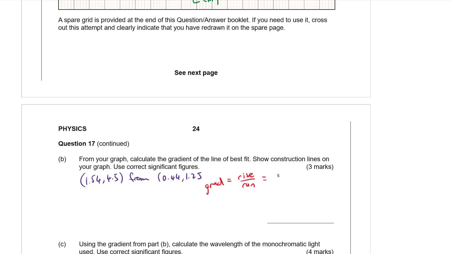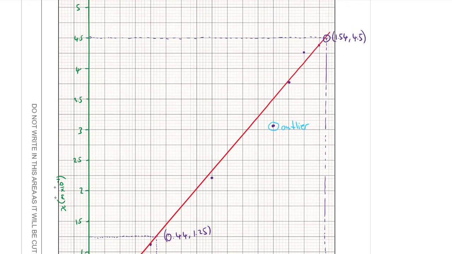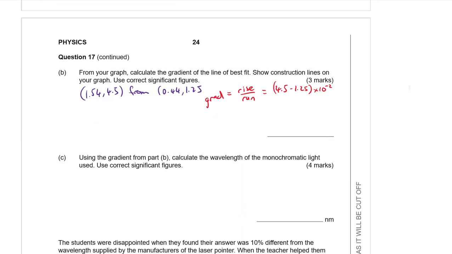Now the rise is going to be the 4.5 take the 1.25, and remember this is in times 10 to the negative 2. If you have a look at that axis there, you can see that just there. So coming back along, the run is going to be 1.54 take 0.44, which is going to be equal to, so 3.25 over 1.1 times 10 to the negative 2, and that's going to be equal to 2.9